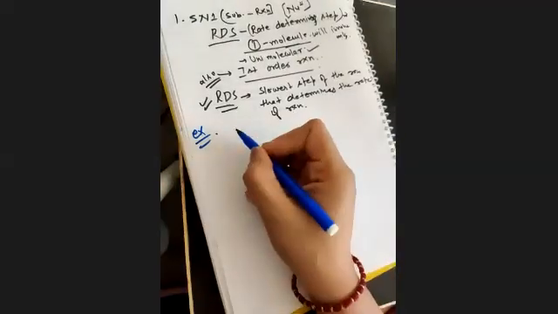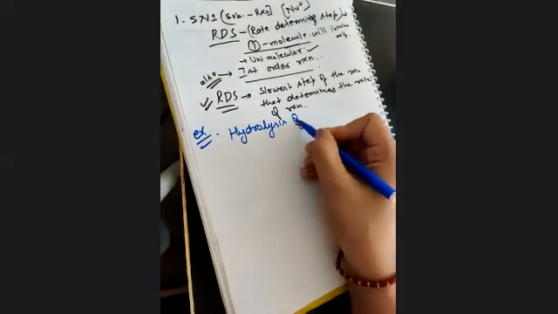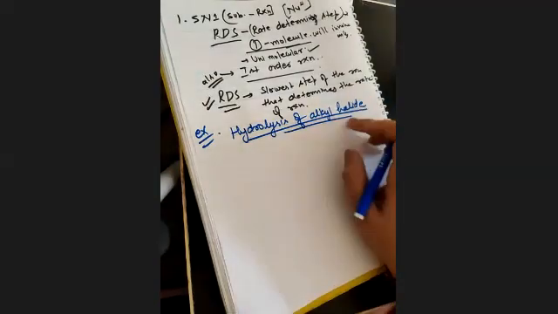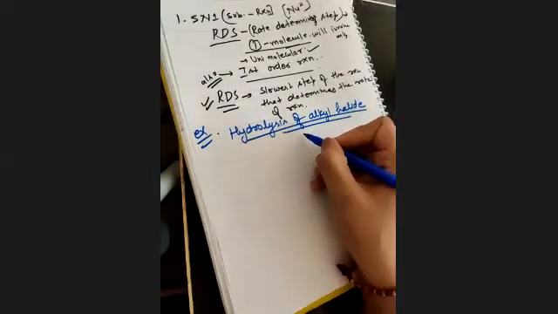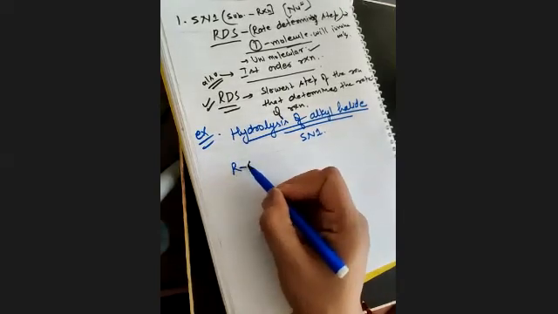Let me give you one example here. First we'll talk about the example and your next topic, hydrolysis of alkyl halide. Now again we are on alkyl halide. The hydrolysis of alkyl halide is also known as a simple SN1 type of reaction. But the basic need of this reaction is that your alkyl halide must be a tertiary alkyl halide. Let me tell you, first with the help of a general, simple example.